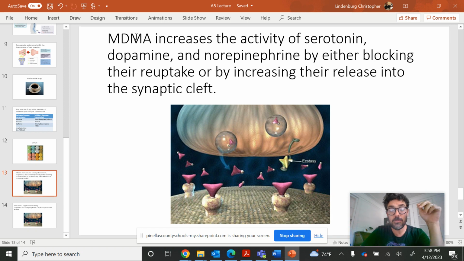MDMA has been used for really important research for people who have post-traumatic stress disorder, PTSD. So there can be some positive applications of this drug. People with PTSD under